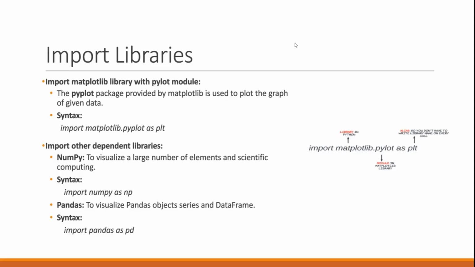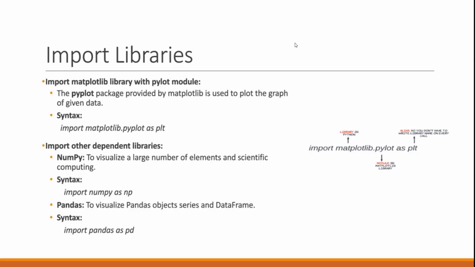And the syntax to import the Matplotlib library is like this: import, then the name of the library which is matplotlib, after that the name of the module which is pyplot in the case of Matplotlib, and then you write as, and then the name which you want to use, as we don't want to write Matplotlib on every call. So in general we refer to it as plt,